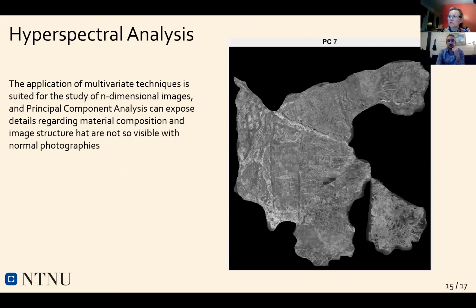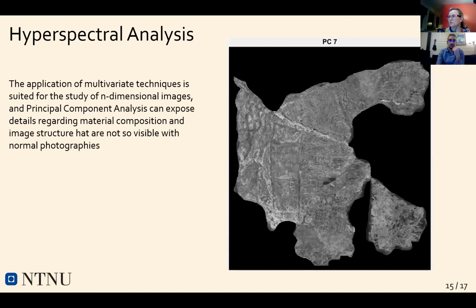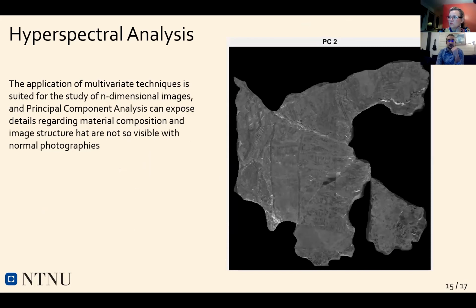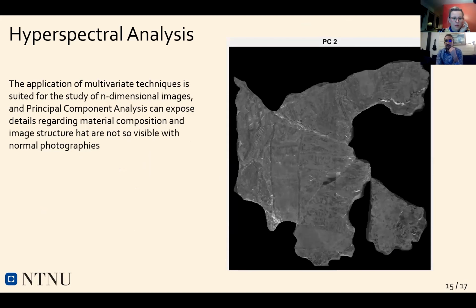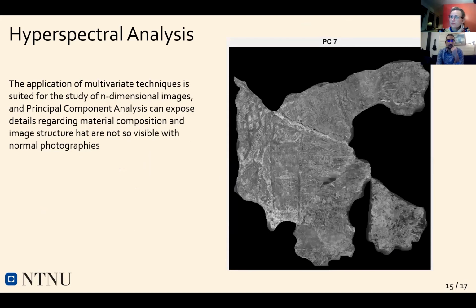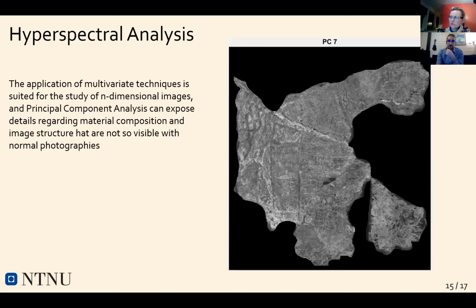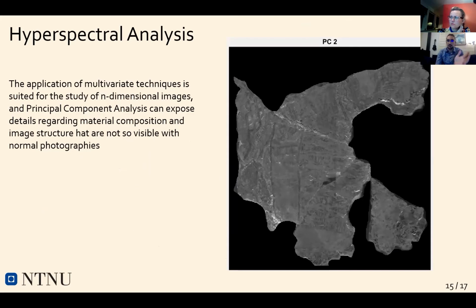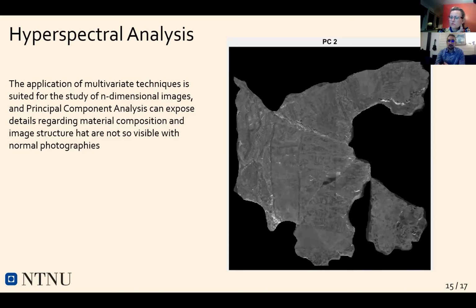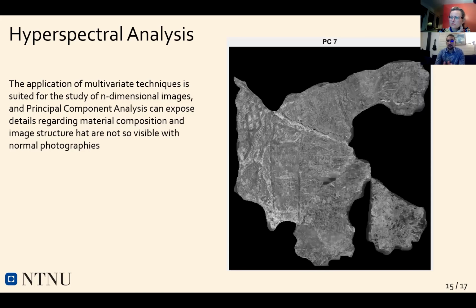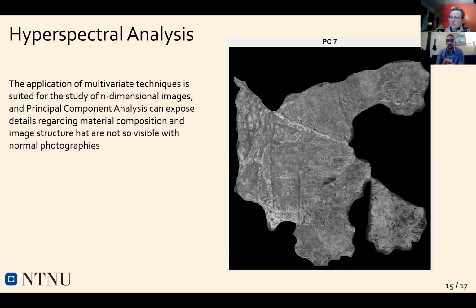But here we have an example of how hyperspectral imaging can bring more information regarding maybe the composition, but definitely the structure of an object, because we can apply techniques such as PCA, principal component analysis, if you ever heard of it. This is a multivariate technique that basically divides the information in this very big image that we have, and it's able to determine